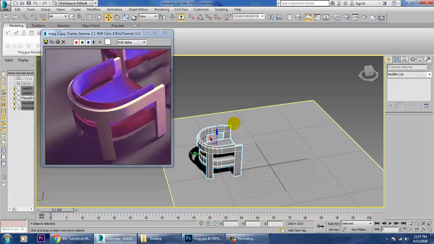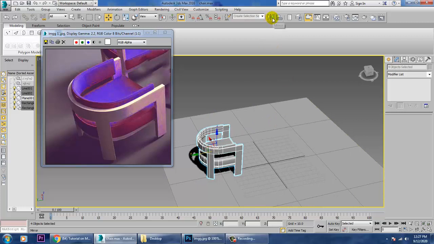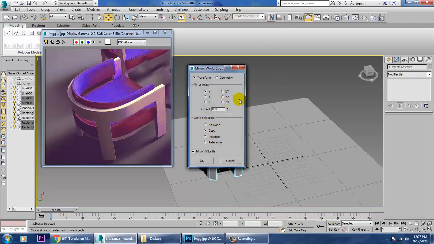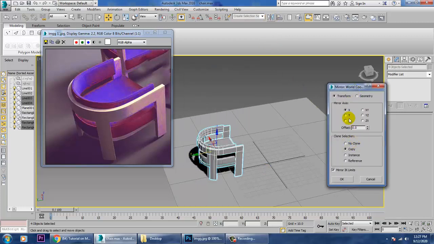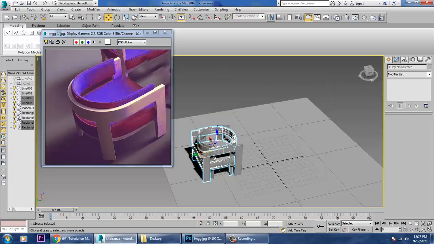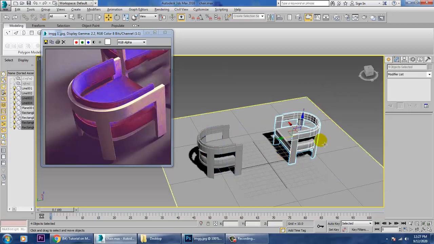So now we can just take a mirror of it, make a copy of it in y-axis, make a copy of it in this way, much better.